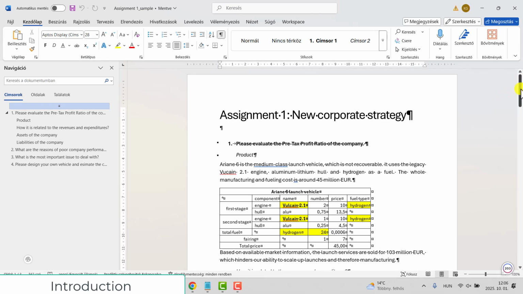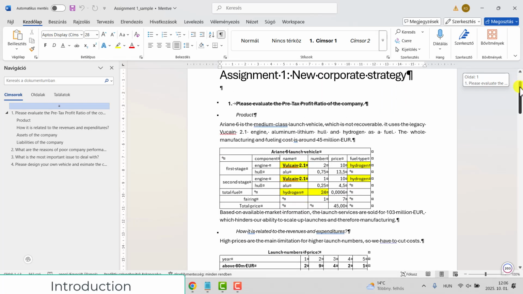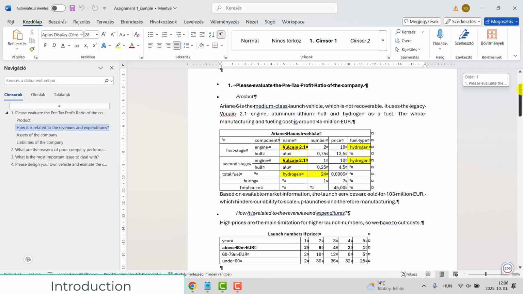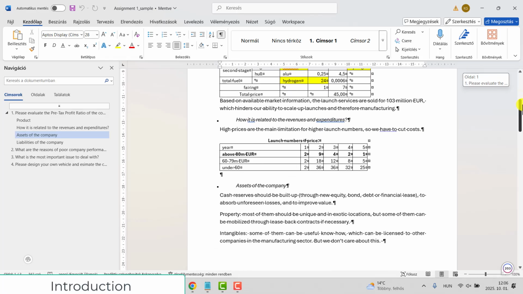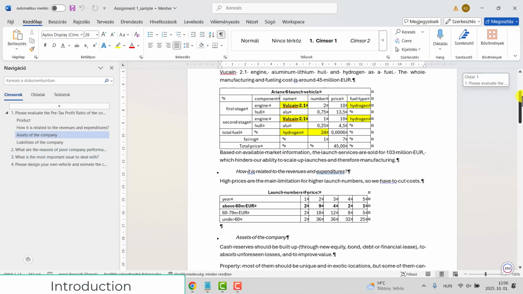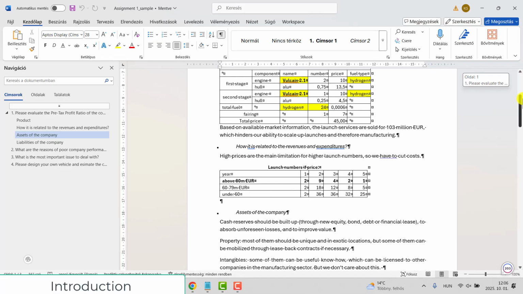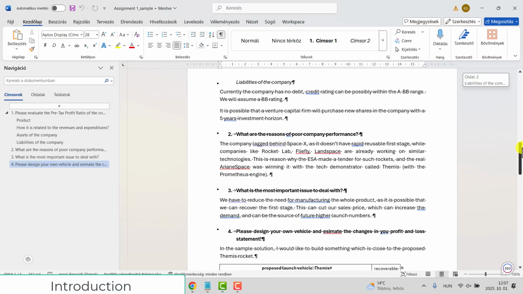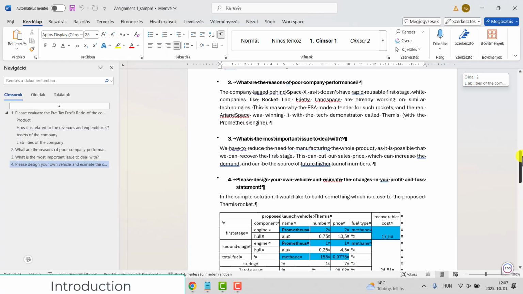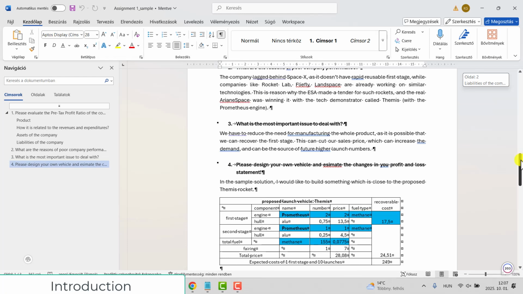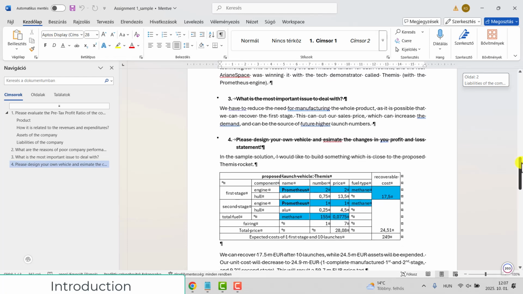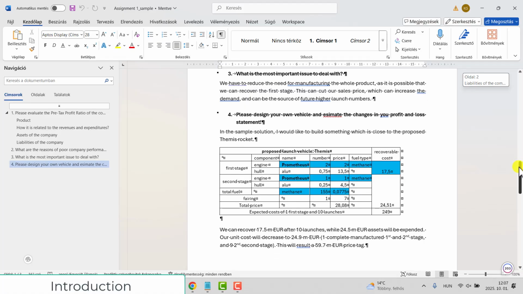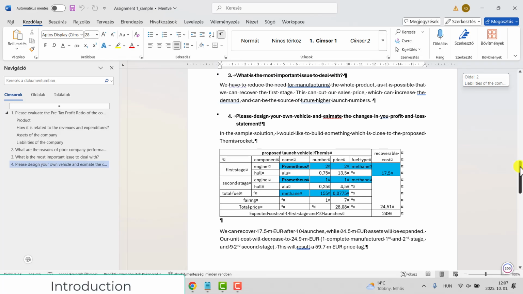I was able to define the new corporate strategy, and obviously before that I had to define what kind of problems the company has. We know that there are low launch numbers because of lack of reusability, so they have excessive expenditures because they are manufacturing stuff which should not be necessary, but they were lazy to develop their partially reusable launch vehicles, so that's why we have to do it instead of them, because we would like to keep the company afloat on its own,